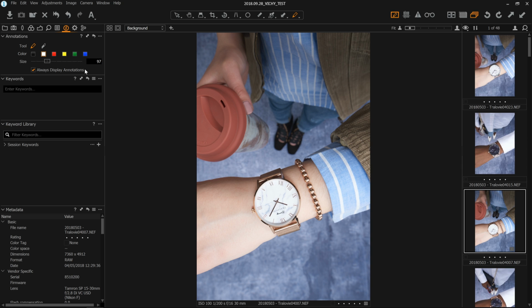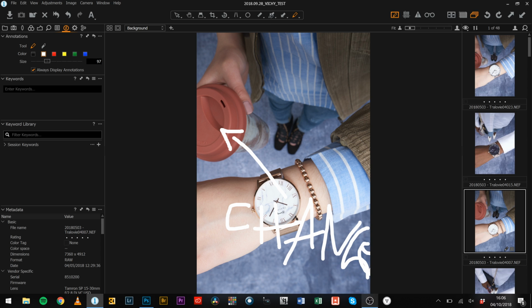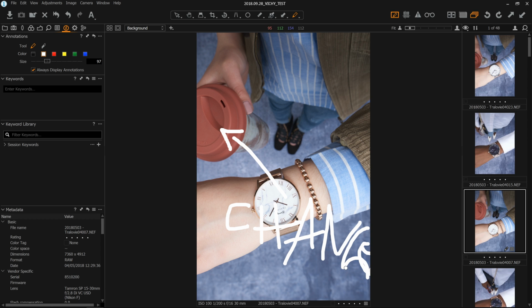This is relatively new to Capture One, and what it allows you to do is draw onto your image and add annotations. So let's just say, bear in mind I'm using a mouse here, so this will look really bad. And I can't even write. Oh, that was supposed to say change. Well, anyway, if you imagine that says change and it's pointing here,